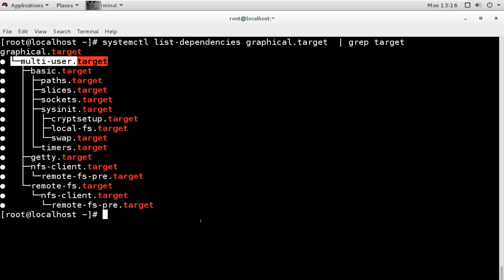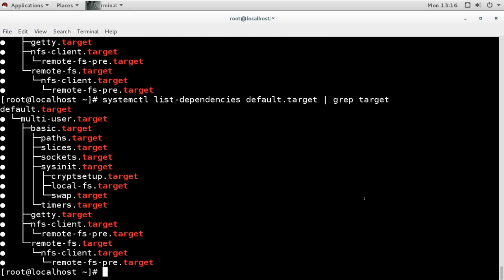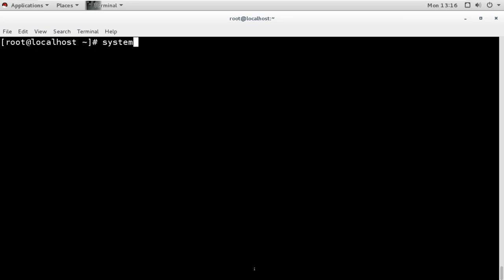I did not use default because basically default is this graphical.target. Whether I list default or I list graphical, both are the same, because right now our default target is the graphical one. So default needs multi-user and all these. So right now the default is set to graphical. If you want to change it, you can change it with the systemctl command.